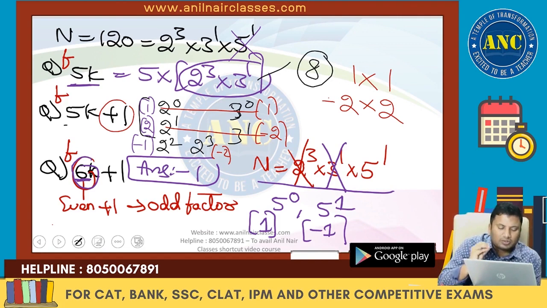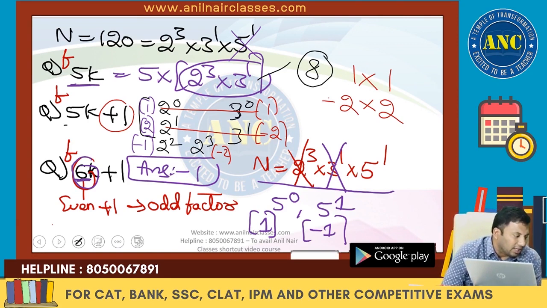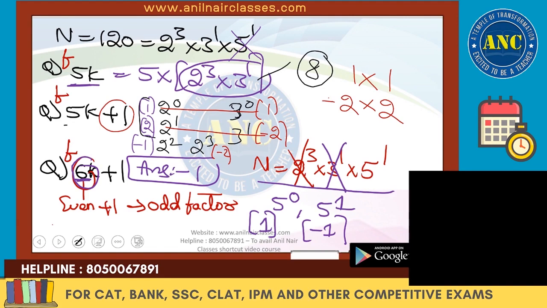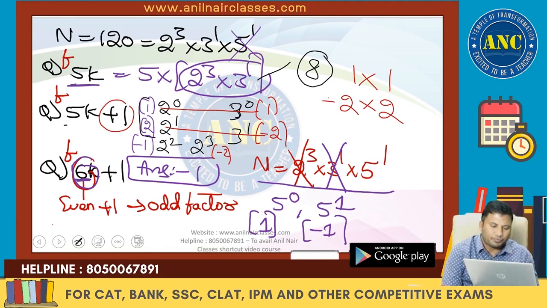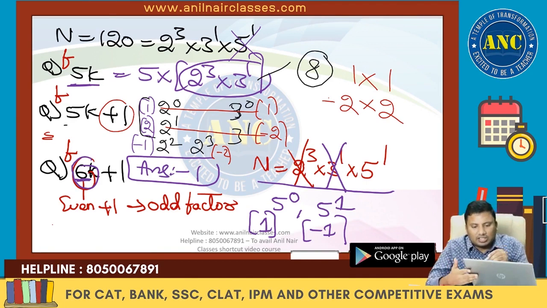5k, 5k plus 1. Similarly, 5k plus 2, 5k plus 3. I am sure my students can solve it because they have understood the concept. Is key point 1 clear to you? Kindly reply in the live chat. If I make any calculation mistake, please take care of it. I hope the idea is clear. Everybody clear, right? 1 into 1, minus 2 into minus 2. 2 cases, start counting it.